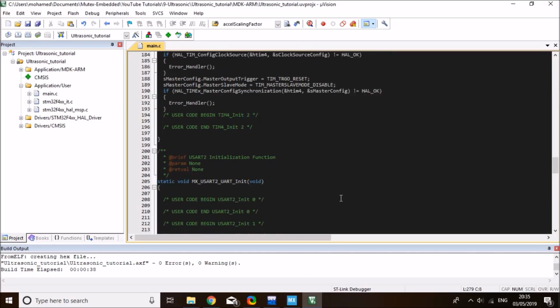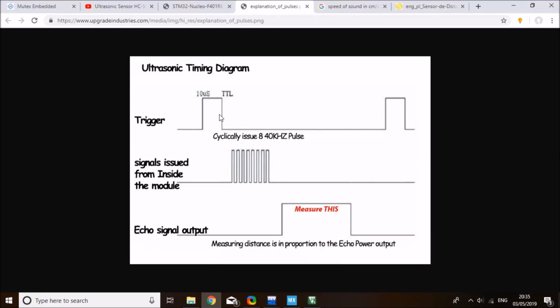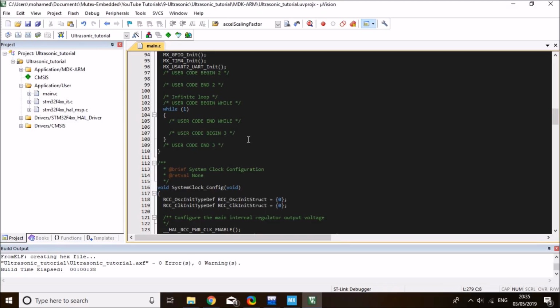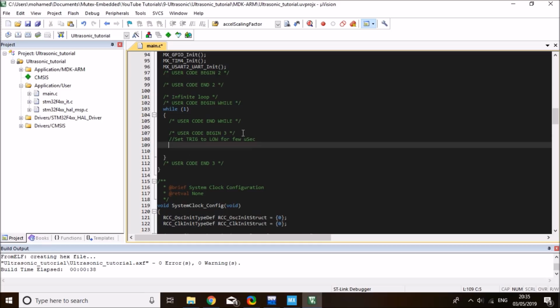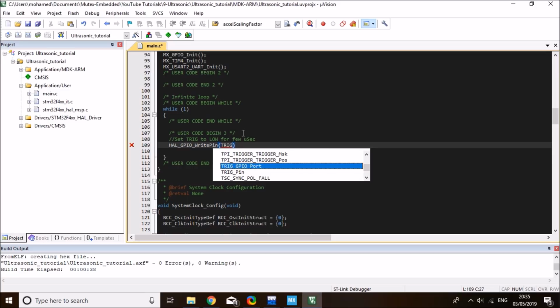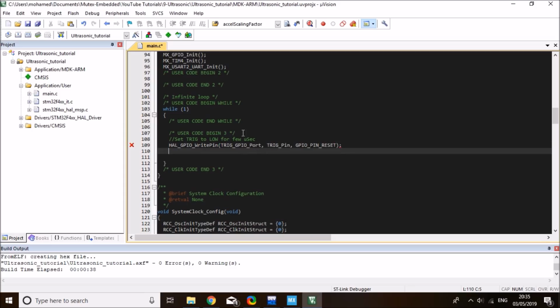And then next, I need to apply the ultrasonic sequence and start using it. As the diagram explains, I first need to apply a 10 microsecond signal on the trigger pin. But at the very beginning, I want to set the trigger pin to low for a few microseconds, just so that I ensure the operation is stable. So that will be HAL GPIO write pin and my trigger pin. Since I gave it a label, all I need is to write a trigger, and Keil, when you click control space, will automatically give you suggestions, and it's my trig port, and then the second parameter is the pin number, and then I want to set this to low at the beginning, so HAL GPIO pin reset to bring the pin low for a few microseconds. So let's say microsecond delay, the function I just defined, of, let's say, about 3 microseconds,